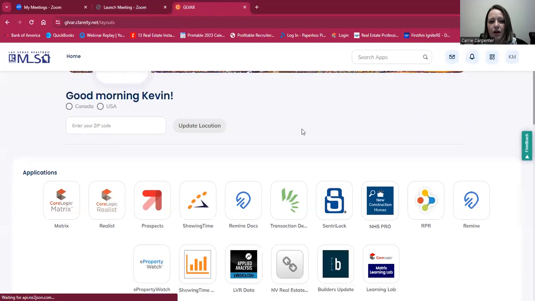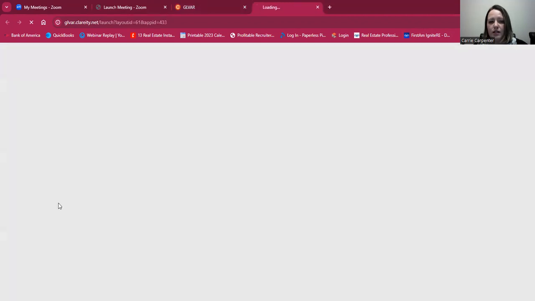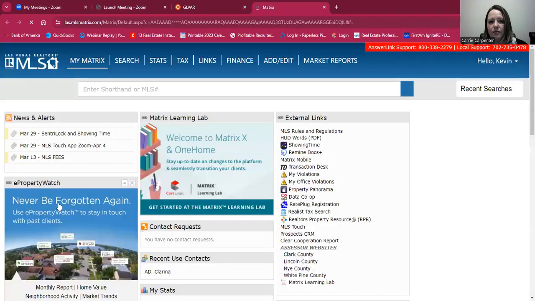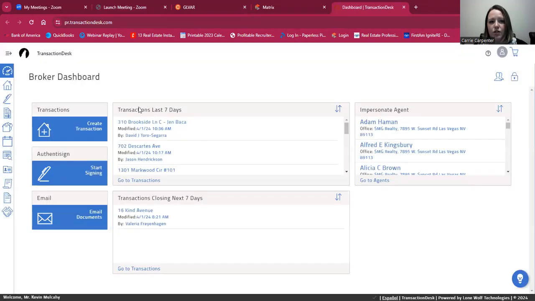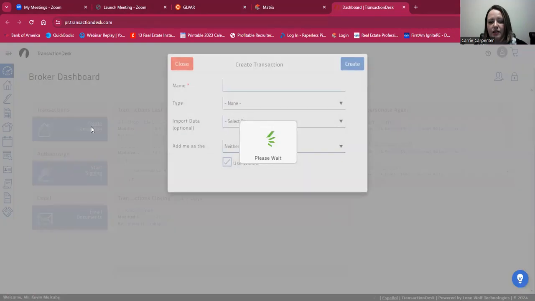Once you're logged in, there are two different options. You can either use Transactiondesk right here on your dashboard, or if you're already logged into Matrix, you can use the external links and go into Transactiondesk from there. Once that opens, the next step would be going into Create Transaction,